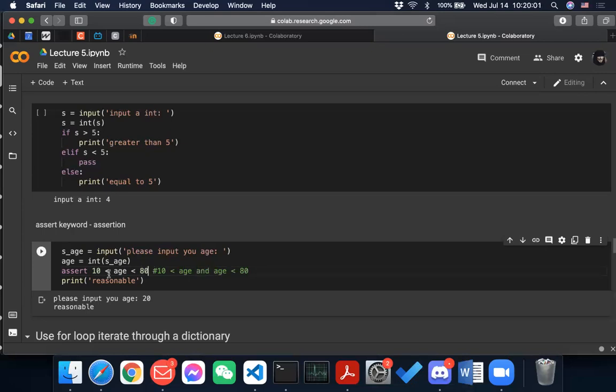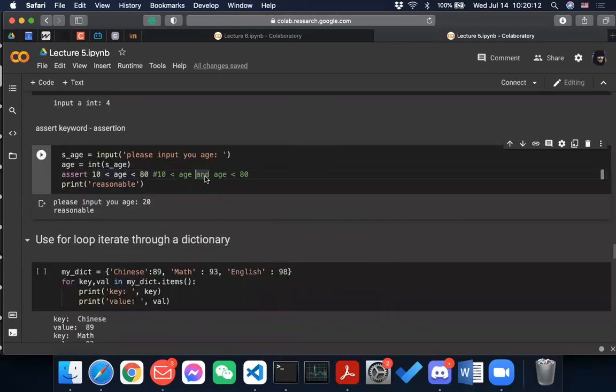But yeah, Python can do that. So that is a good feature about it. But yeah, if you want to really make yourself clear and avoid any sort of ambiguity, then you can use this notation, and that is basically the same as this. Okay. And then yeah, if the assertion is failed,